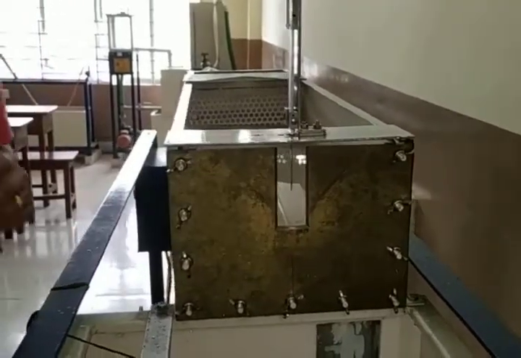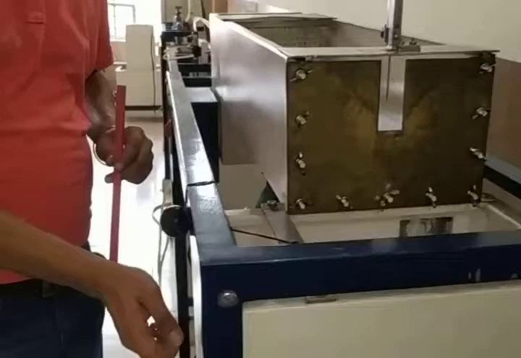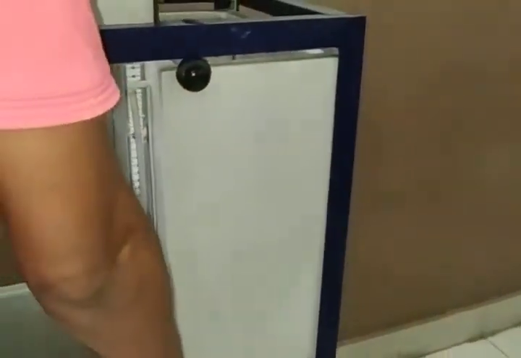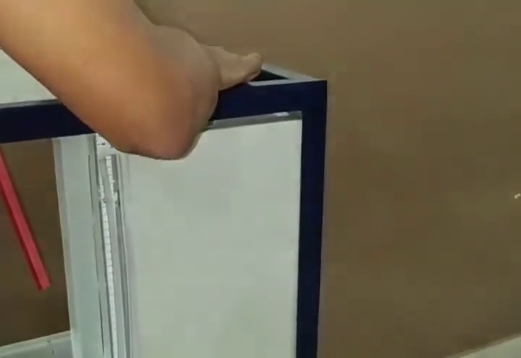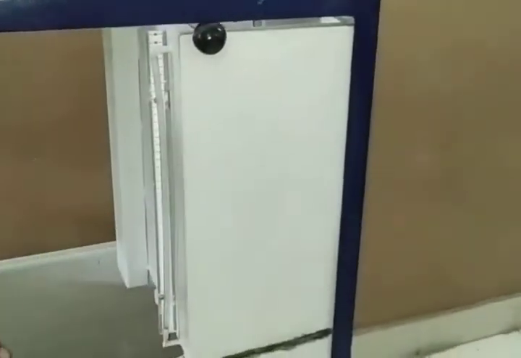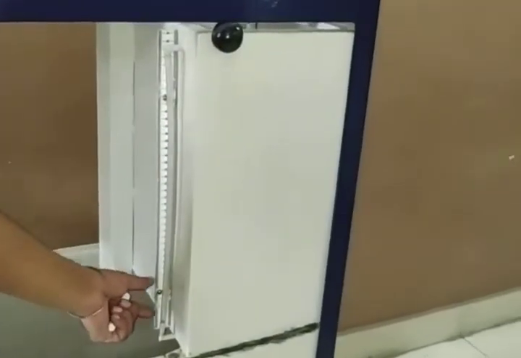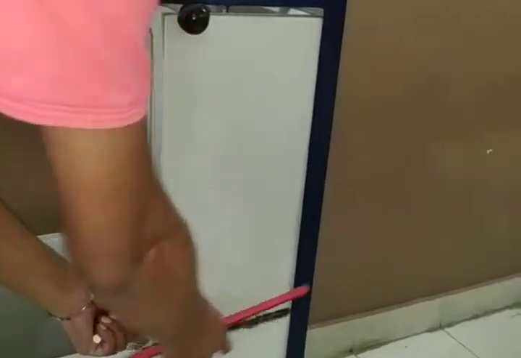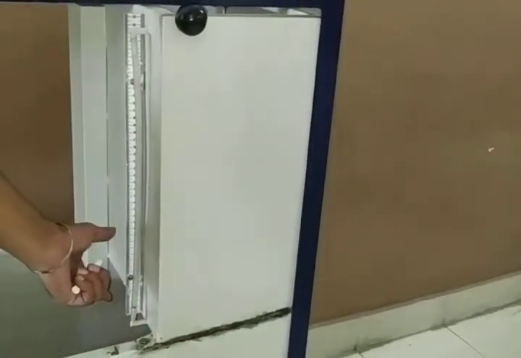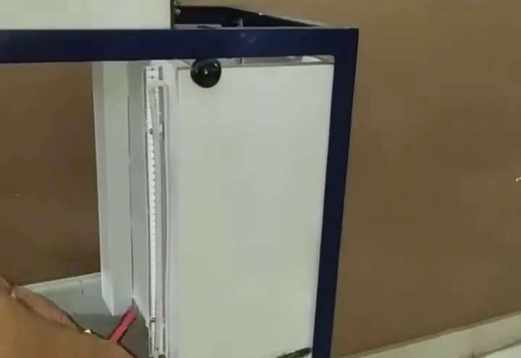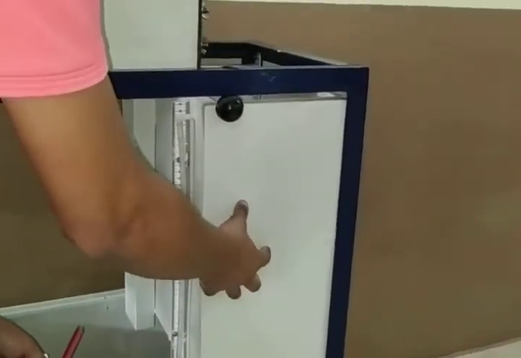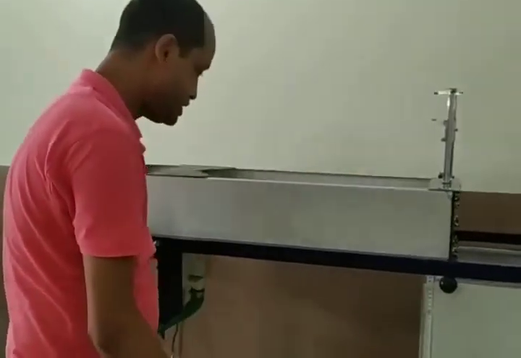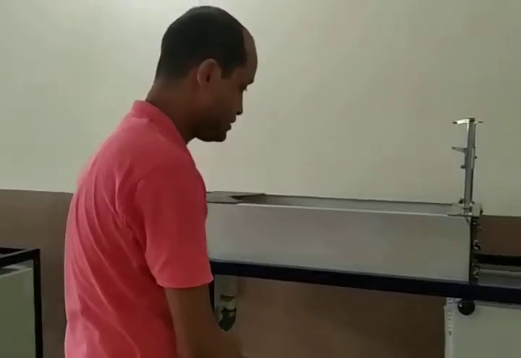After that, by using this measuring tank, whose area is already given, we close the valve, then we take the reading. Suppose for 10 cm, how much time is required? This area into this height gives you the volume, and this volume divided by the time gives you the actual discharge. From that you will get the Q. So this is the simple procedure. Let's start this experiment.